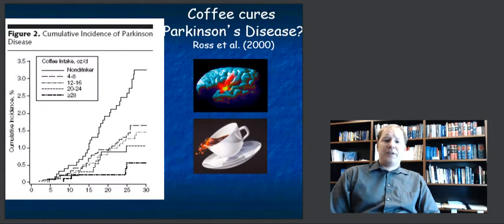In fact, if you look at the chart here, there was actually a 6-fold relative risk increase in Parkinson's disease between non-drinkers of coffee and those in the highest quintile of coffee consumption. Here on the left-hand part of the axis, you see the cumulative incidence of Parkinson's disease. On the horizontal axis is the number of years elapsed since the study started, and you can see that for the non-drinker, there's a very high 3 to 3.5% incidence of Parkinson's disease, as opposed to those who drink the heaviest amounts of coffee having a very low incidence.